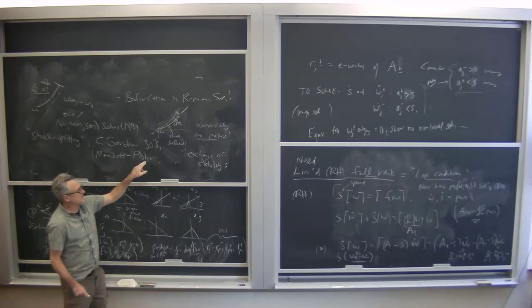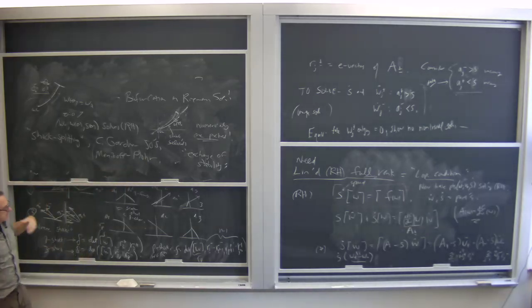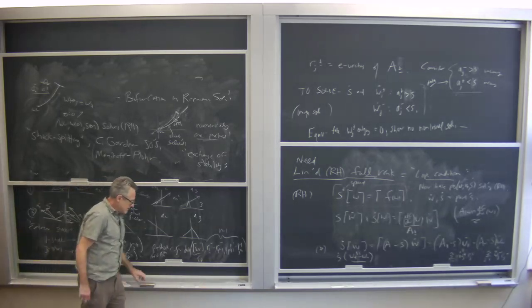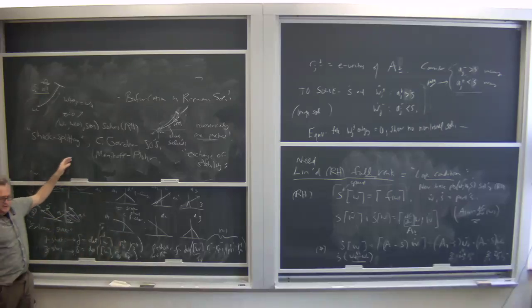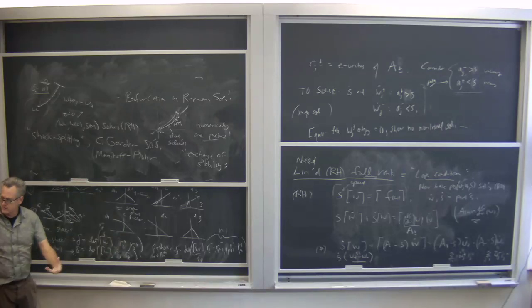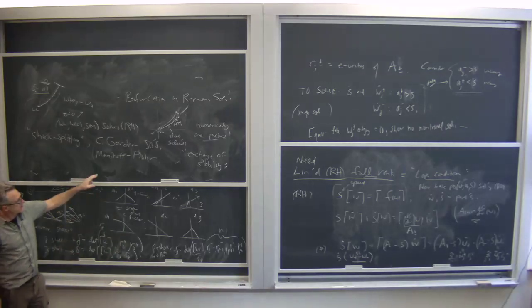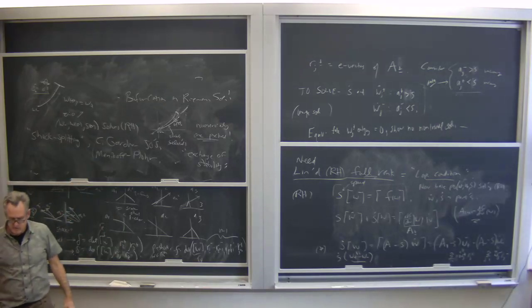Menikoff and Plohr, P-L-O-H-R. He did a lot of fundamental work on the structure of Riemann solutions, on some of these things related to the equation of state, and then the structure of Hugoniot curves and things. At a certain point, he and Menikoff and Dan Marchesin to some extent.